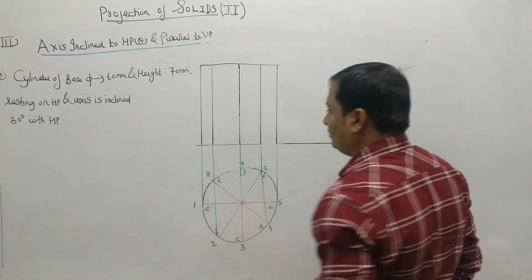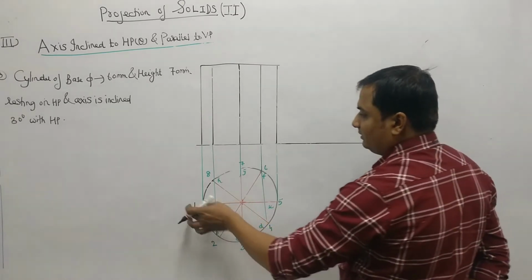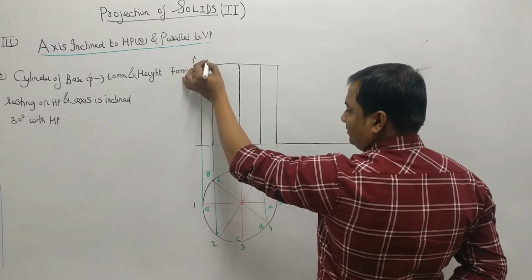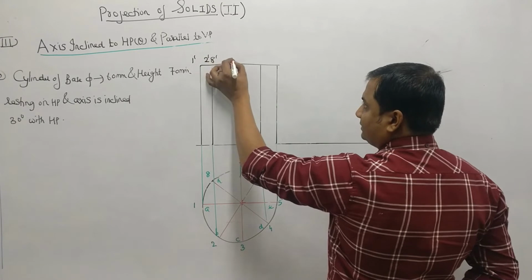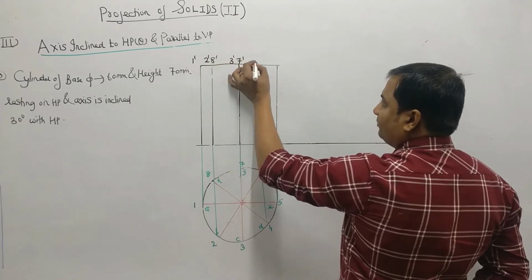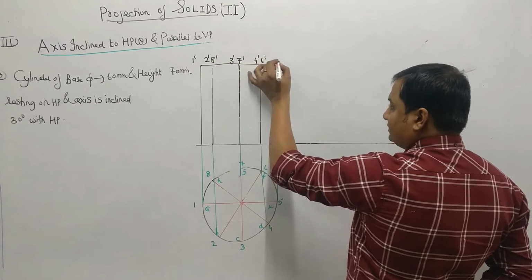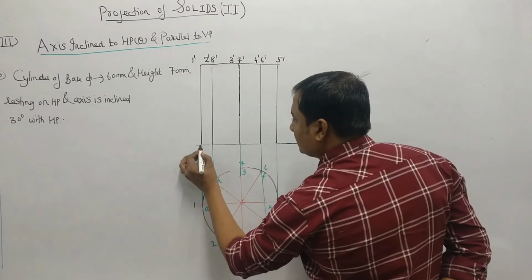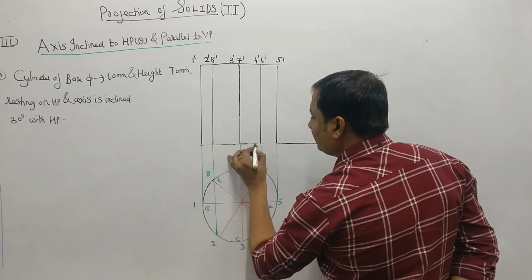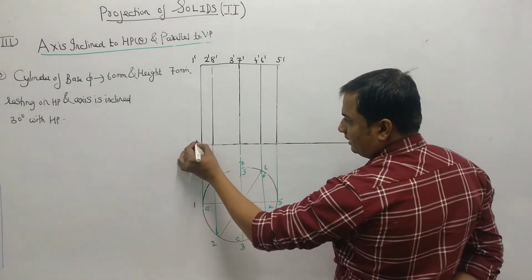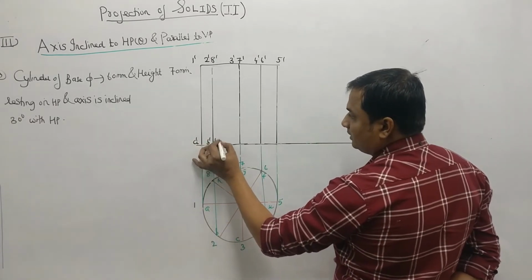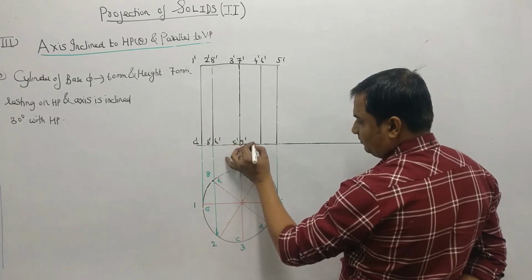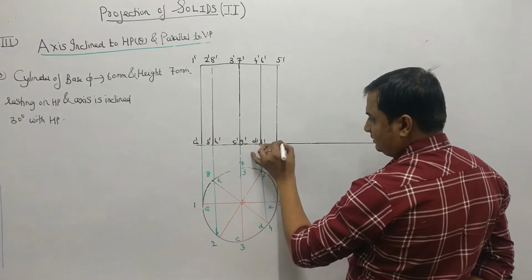Right? So naming accordingly, that is 1, that will be moving upwards. So this is 1 dash, this is 2 dash, 8 dash, 3 dash, 7 dash, this is 4 dash, 6 dash, this is 5 dash. Alphabets will be at the base. So this is the base of the rectangle. So this is my base. I am keeping it on XY. So this is my A dash, this is my B dash, H dash, C dash, G dash, D dash, F dash, and this is E dash.